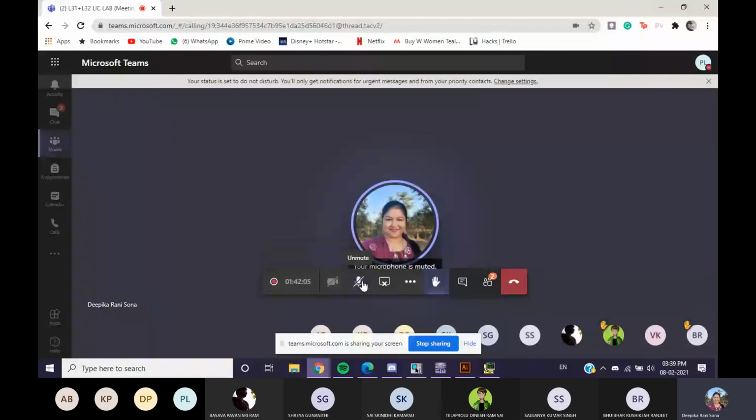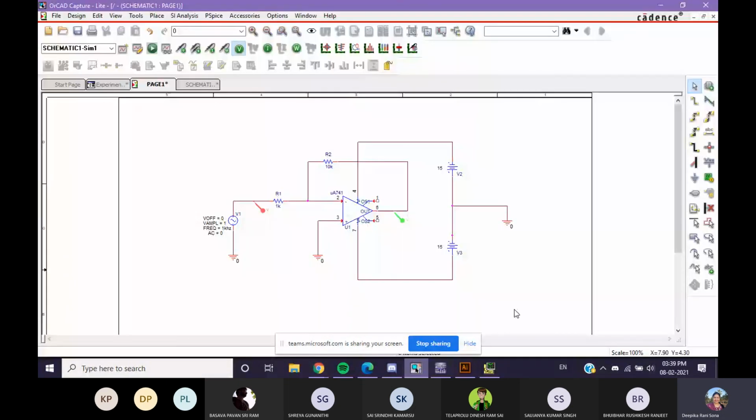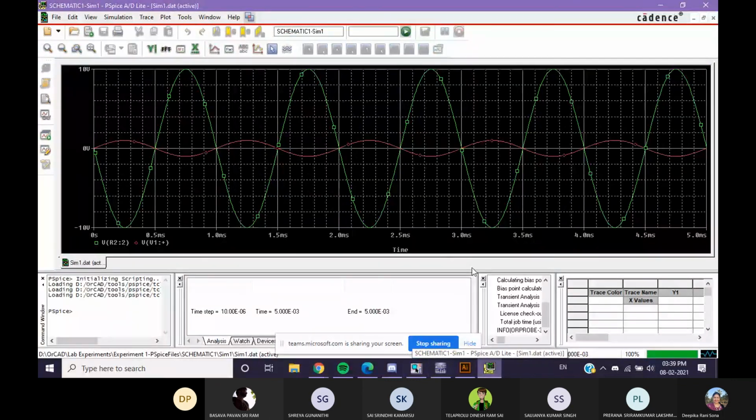Dinesh already shown, right? This is Sriram Kumar. Yes, I'm Prerna. Ma'am, this is Prerna's circuit. And this is the output. Okay.